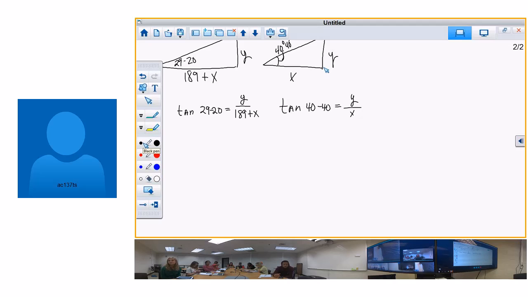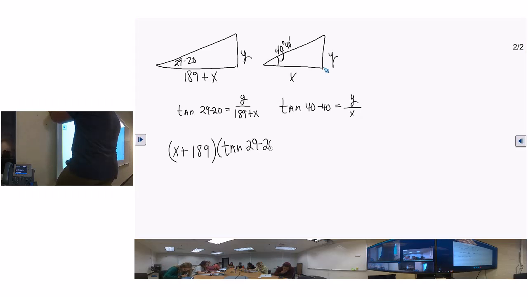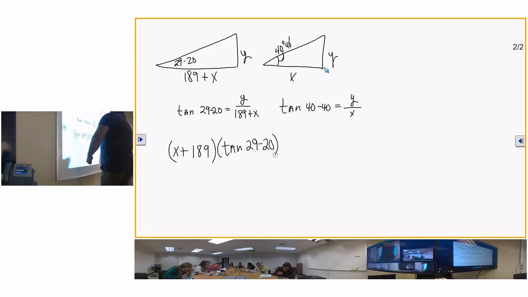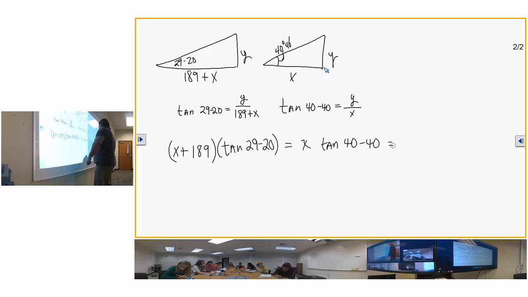I'm going to turn it around because nobody writes it like 189 plus x. So x plus 189 times the tan of 2920 is equal to x times tan of 4040. And they're both equal to y, so I'm just going to